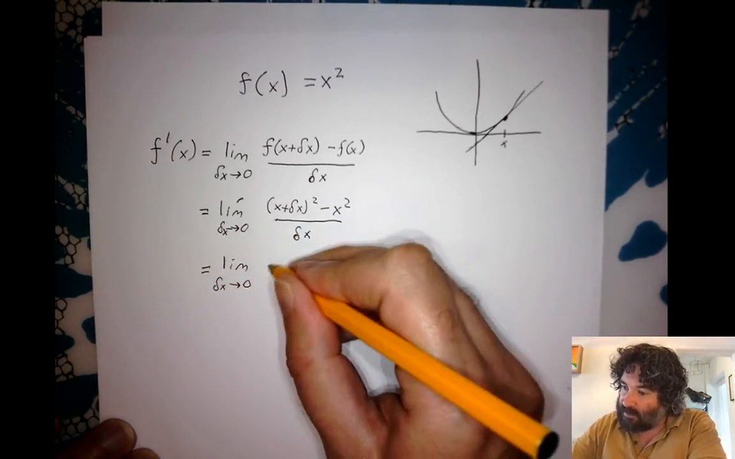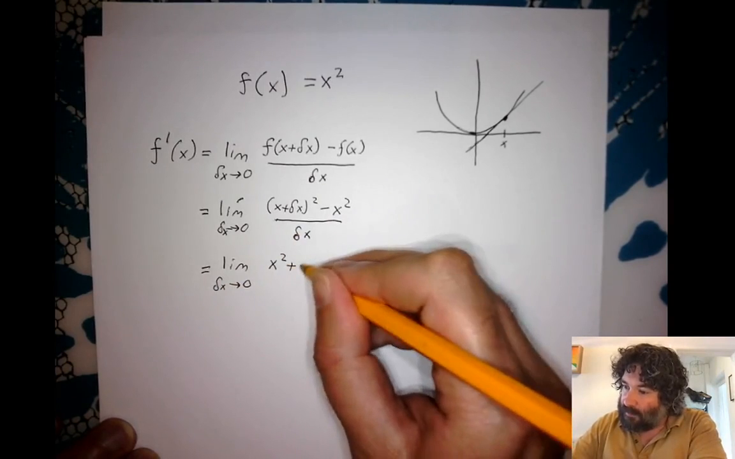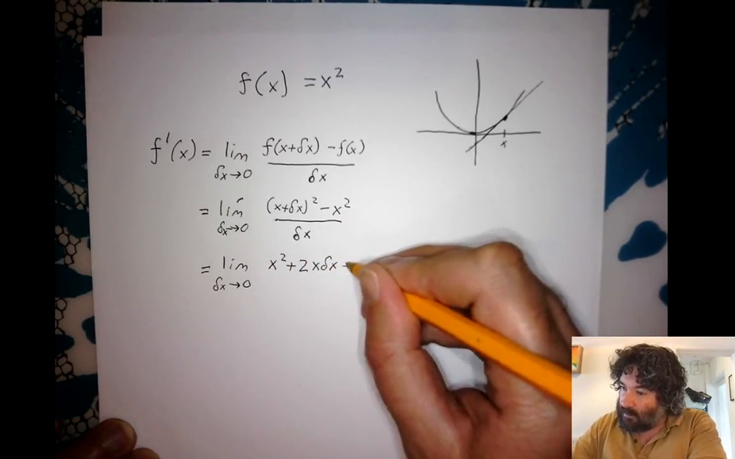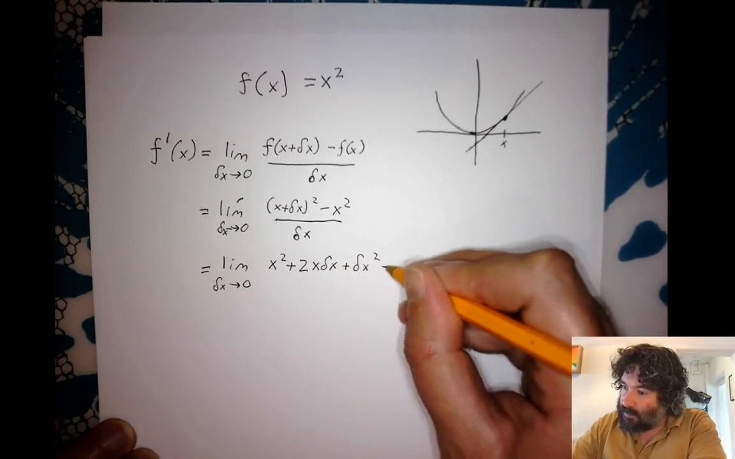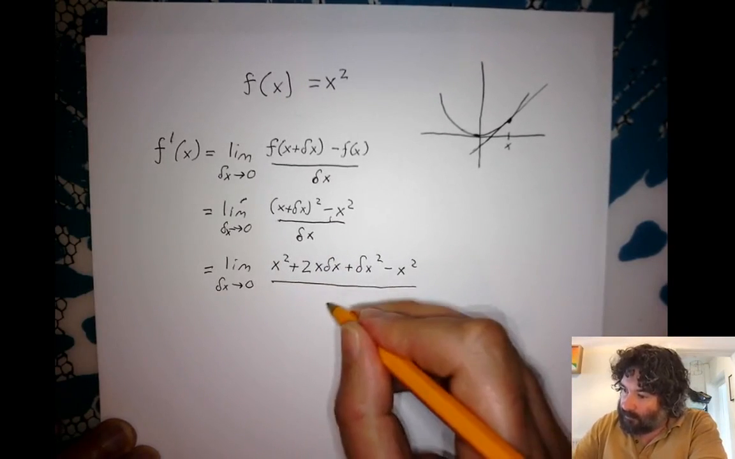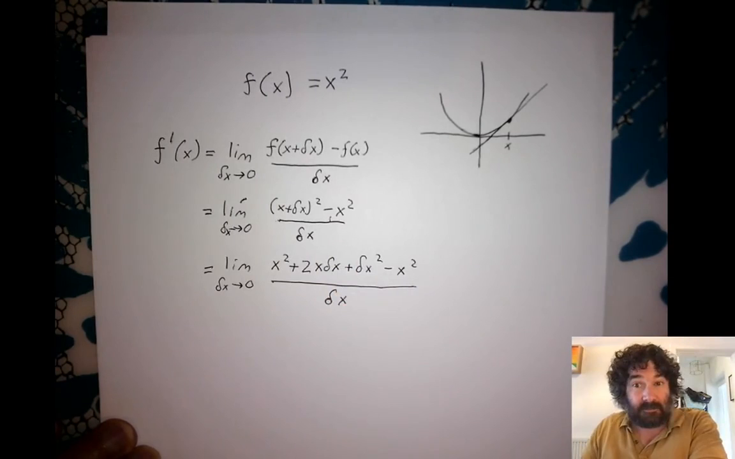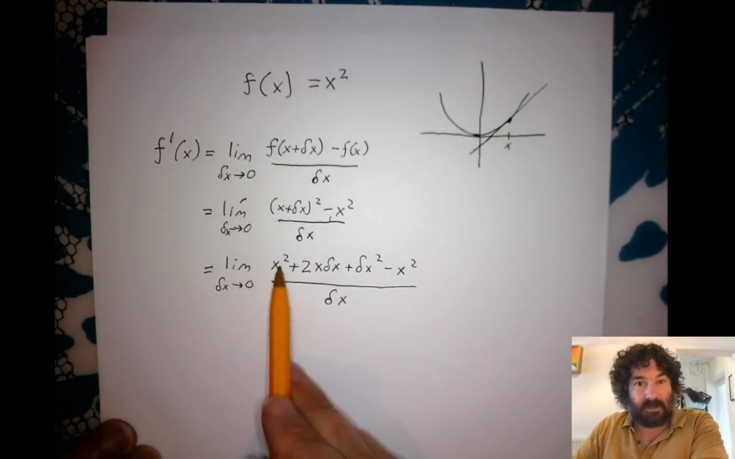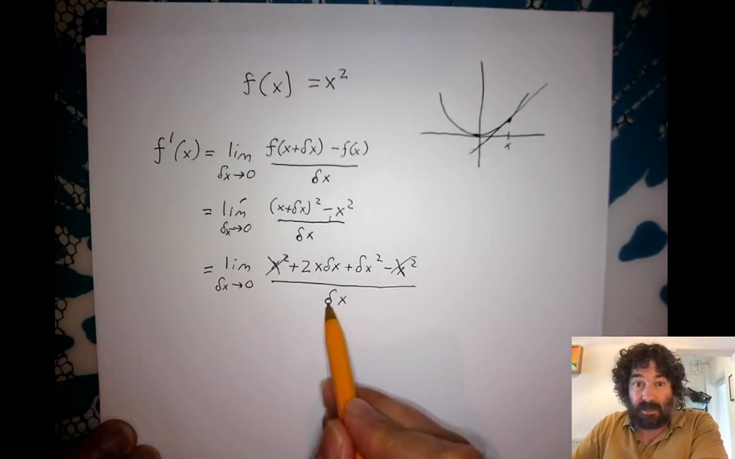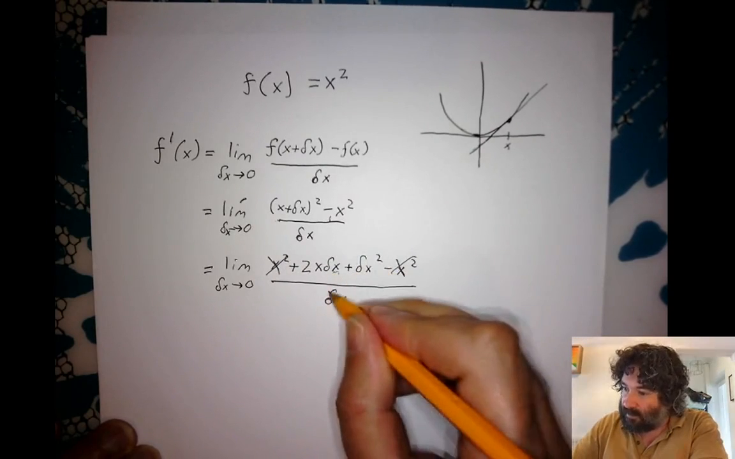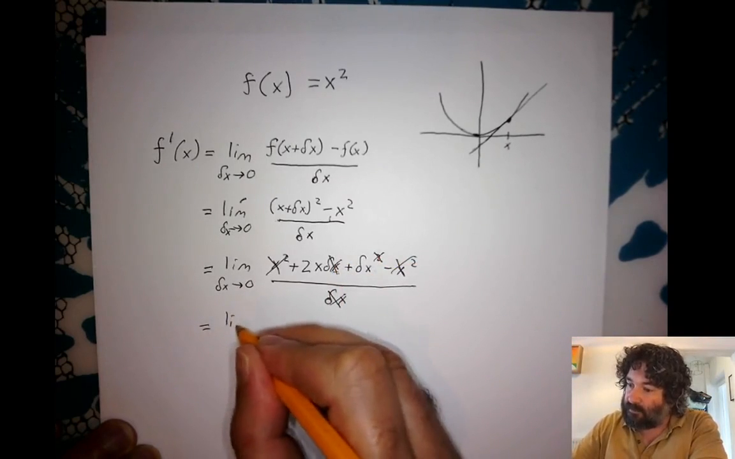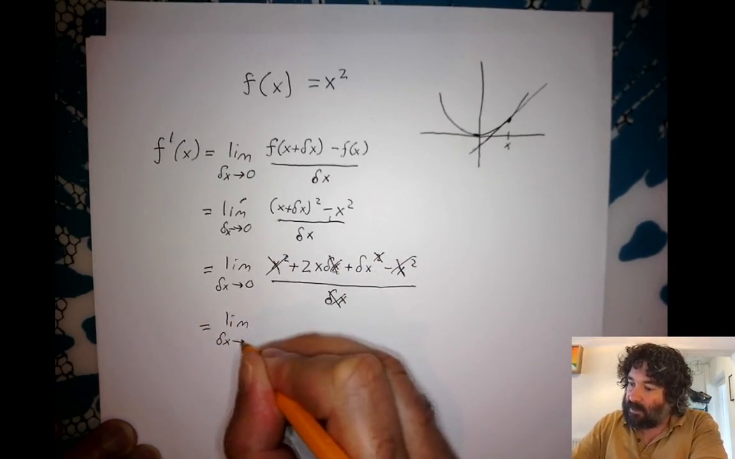So (x plus delta x) squared is x squared plus 2x times delta x plus delta x squared, minus x squared, divided by delta x. And now we simplify this expression. We have x squared here, these cancel out, and then the delta x will cancel with this delta x here and here. Delta x squared goes away. So we then have the limit as delta x goes to 0 of